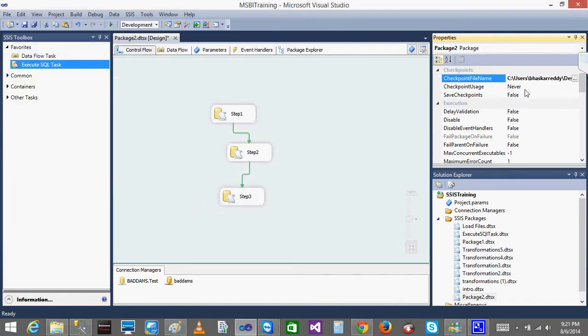After the checkpoint, usage is nothing but you will be enabling the checkpoint. So I will give checkpoint usage as if exist and always. What if exist means? If the checkpoint is there, it will check, it will go to the checkpoint and see